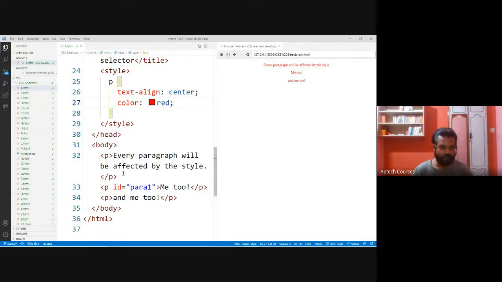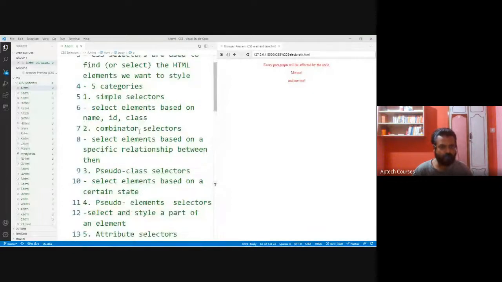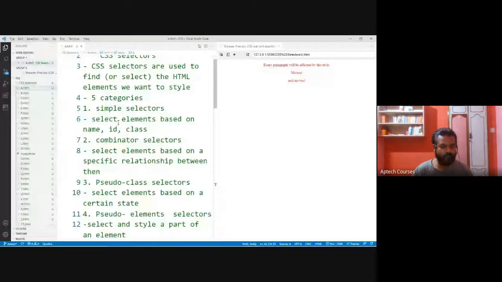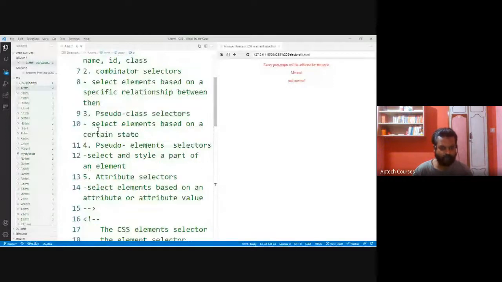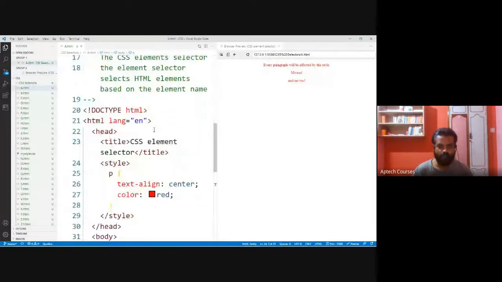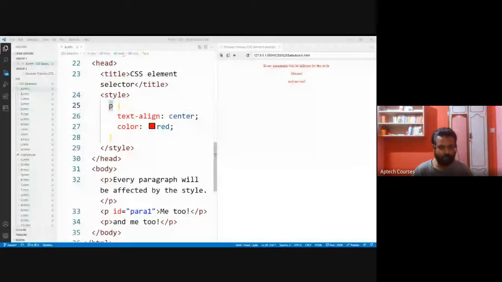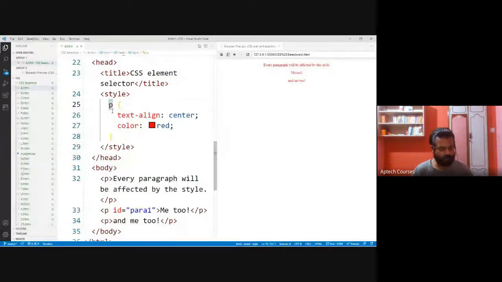After that, this is the ID selector. Name, okay, name we have done. After that, ID. How can we go for ID? Here simply we need to include that hash symbol, right? Simply you should use hash here.